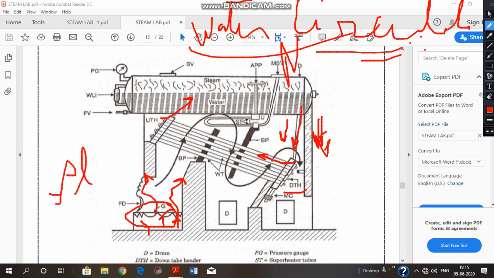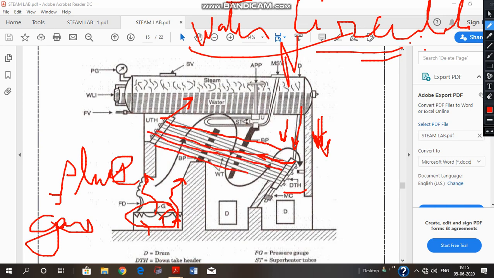Now, since flue gases are produced, and the tubes are inclined like this, we can see that this portion of the tubes, which is very near to the flow of the gases, very near to the combustion chamber, is the hottest portion. This entire area is the combustion chamber. It should obviously be the hottest portion because it is the closest to the combustion chamber and the flue gases.